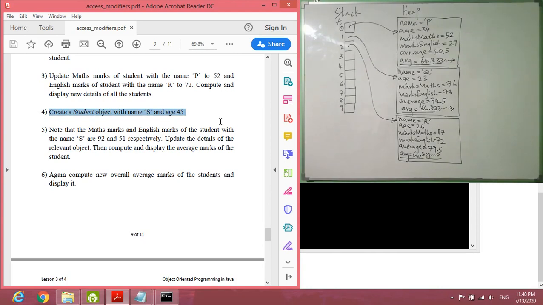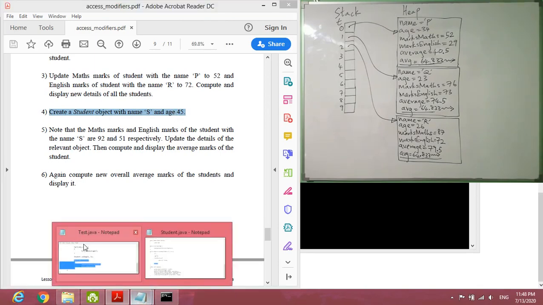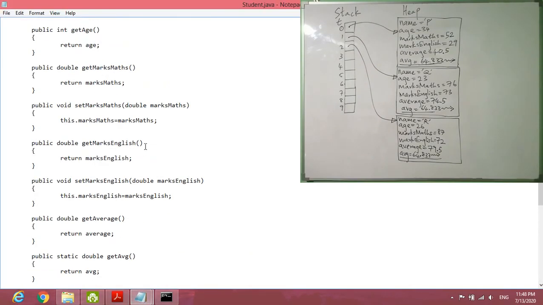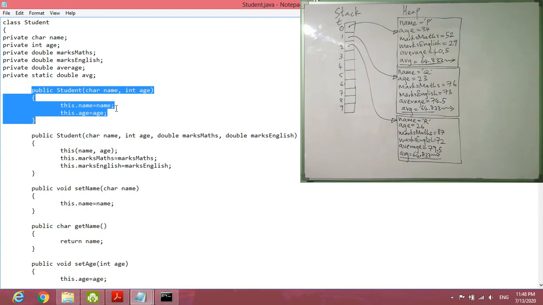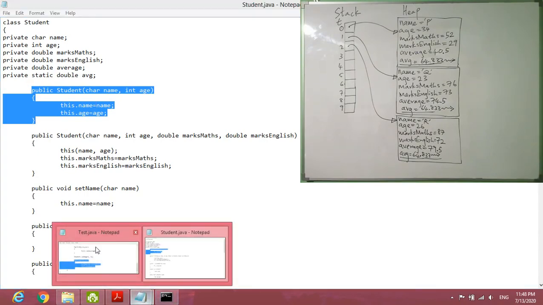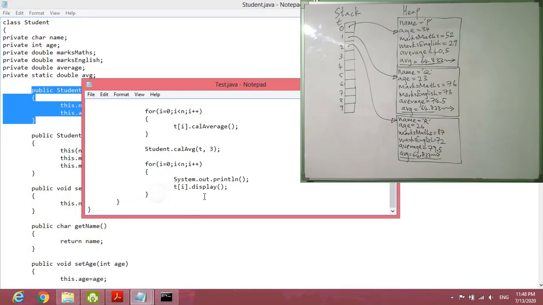Okay, next question. Now we are asked to create a student object with name S and age 45. If you look at the student class, now we can use this constructor. It contains name and age in the parameter list. Therefore let's use it,